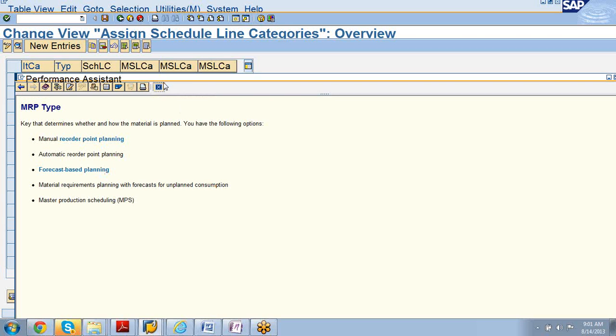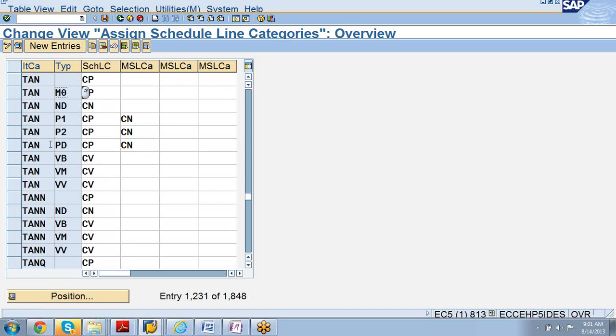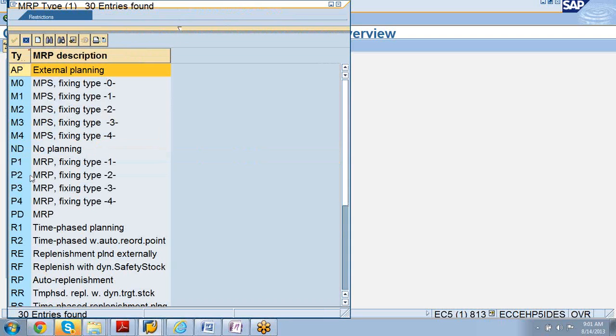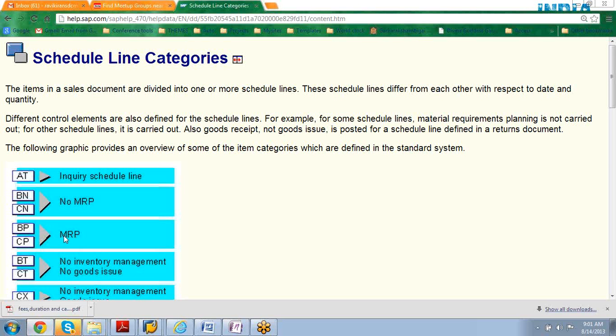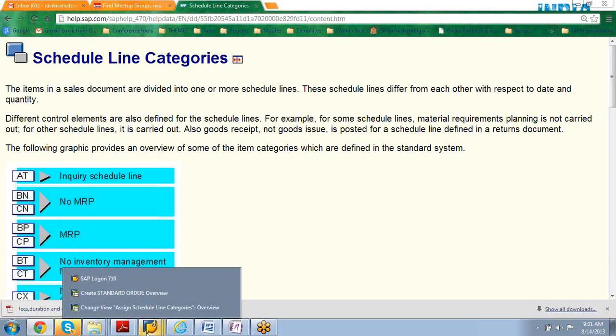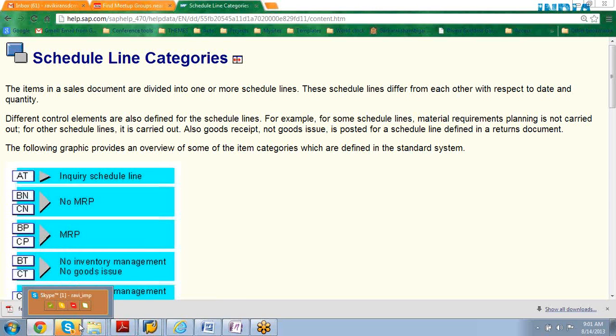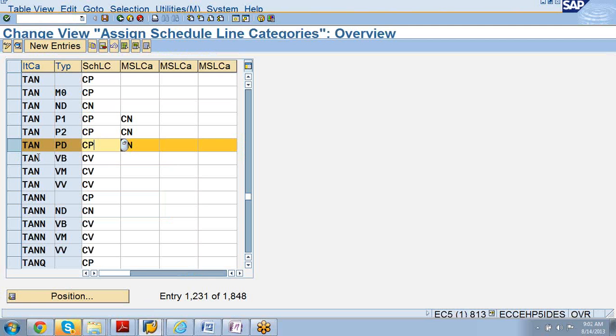Whenever this TAN is created, and if your MRP type is PD, which is MRP, this matches schedule line category CP. Manual, anyway we can give CN one more, but CP means MRP. So it's only about picking it, but after picking, how it behaves, it will have